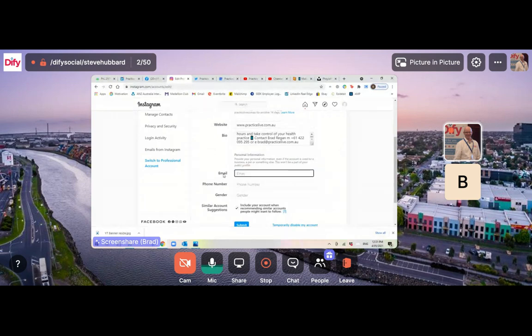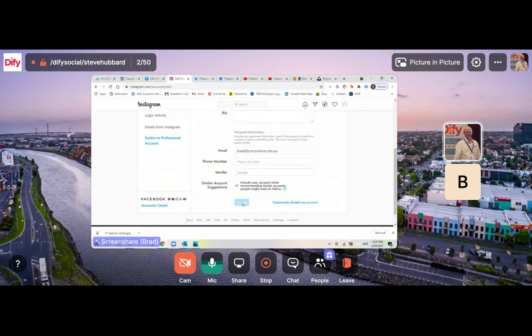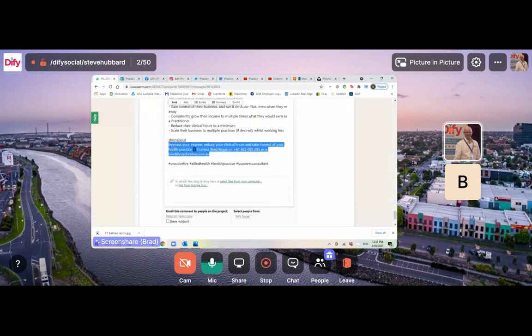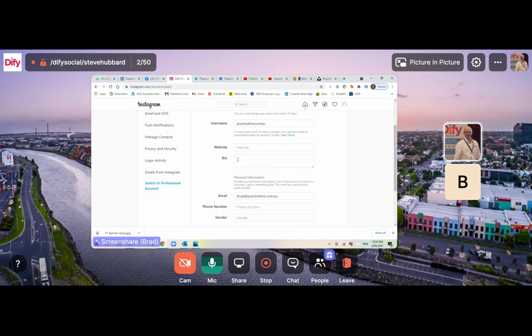But it'll be too long. There's too many characters. But let's just let it tell us that. Yeah, bio must be 150 or less. So I think we take out the... So go paste again, but just take out, and we'll just use the call Brad. So before we go and submit this time, we'll just say call Brad